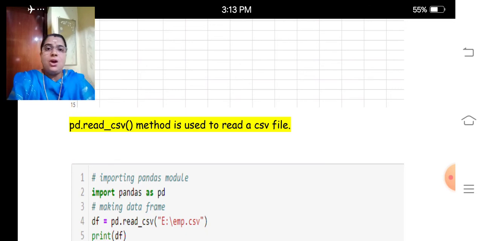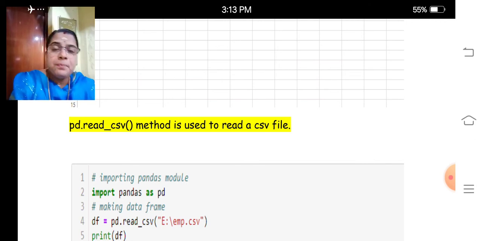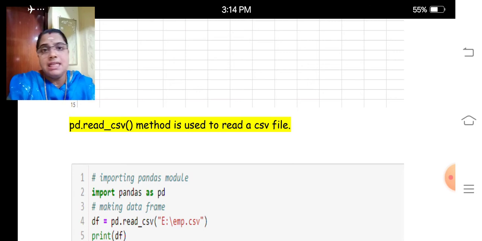Okay, then how to read a CSV file into a program. That means how to get the data from an Excel sheet into the Python Pandas program. So the function we need to use is read_csv. Which module will have this function?